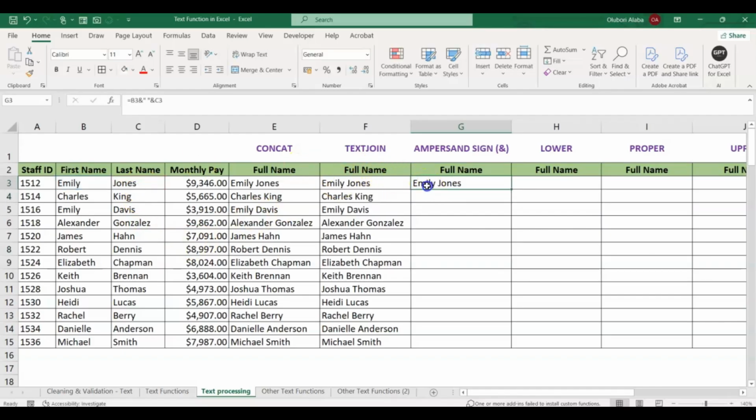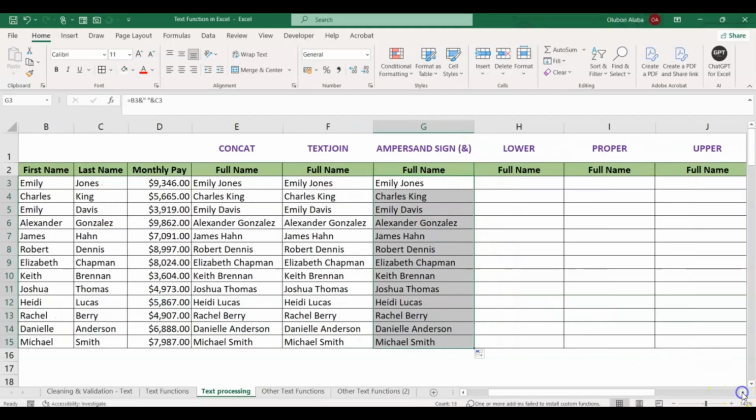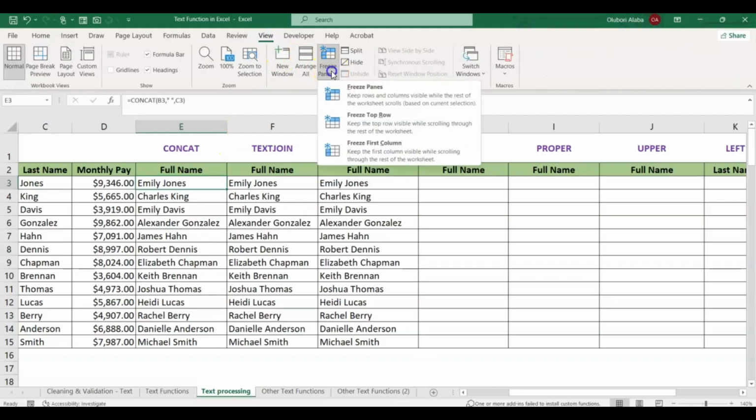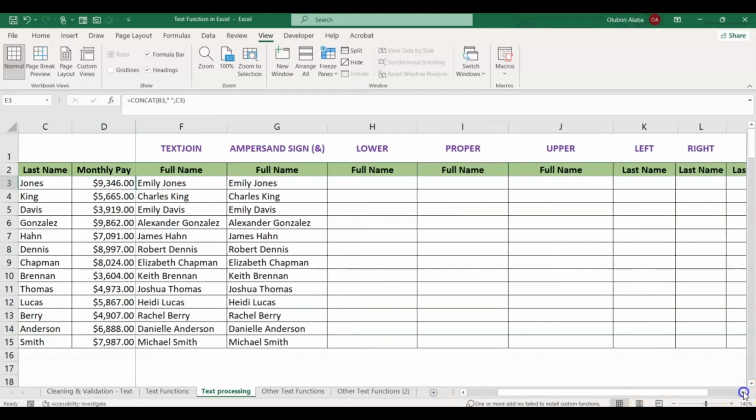So you can actually use your ampersand, this sign, to join text strings together. You can see that we've used three different functions to achieve a similar result: the concat function, the text join, and the ampersand. And of course we have the lower. Let me fix this so that I can navigate here and there. All right, thank you. So we have the lower that can be used to convert your text string to lower